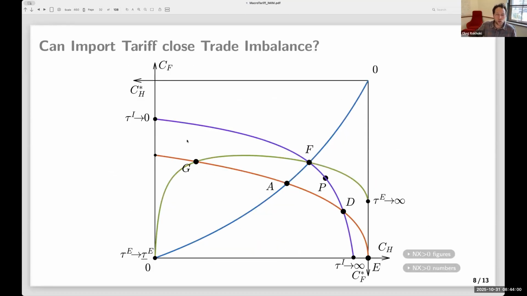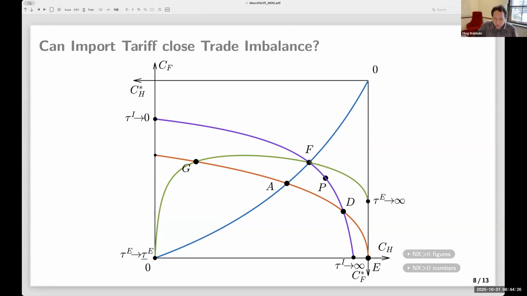Yeah, so let me just show you what happens. Basically, when you have an import tariff as the only tool, free trade is possible, this point is possible, this point is possible, and with an import tariff, you can spend all of this. With an export tax, it's a different set of possibilities now, because Lerner symmetry doesn't hold. And you can also get balanced trade, but it would require a subsidy. Why does it require a subsidy? Because now the export subsidy appreciates that. You do need a dollar appreciation, right?